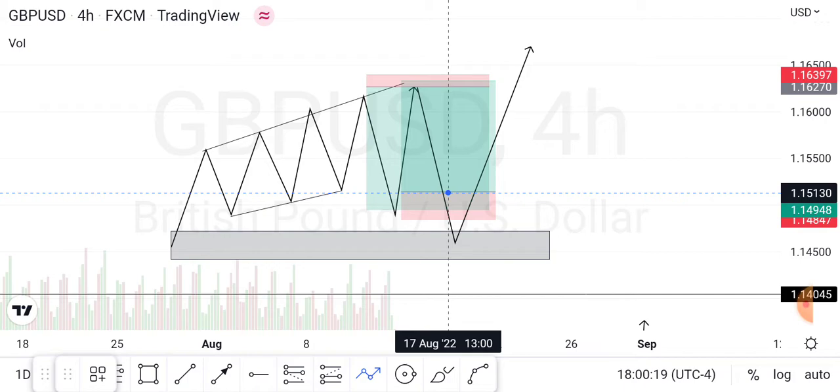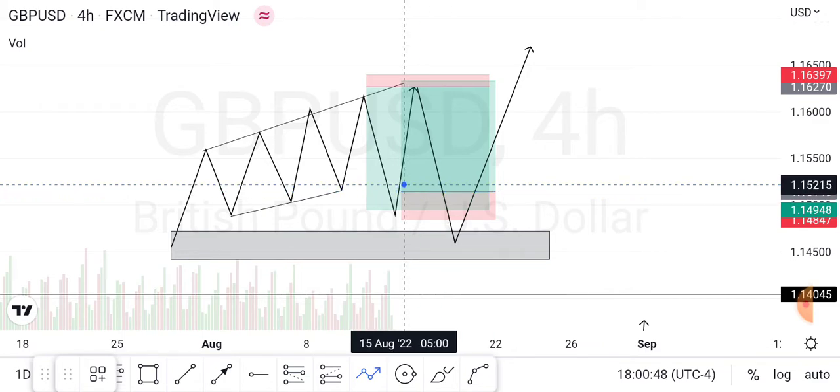Now take for instance what happened to us on GU last week. Yes, where we were induced, and it happened because I posted the setup here. It happened because I didn't see the order block opened above the one we picked earlier. So you see how we were induced. Now look at it. Our setup was great. Our setup was nice. There was no error, but it ended up to be an inducement.